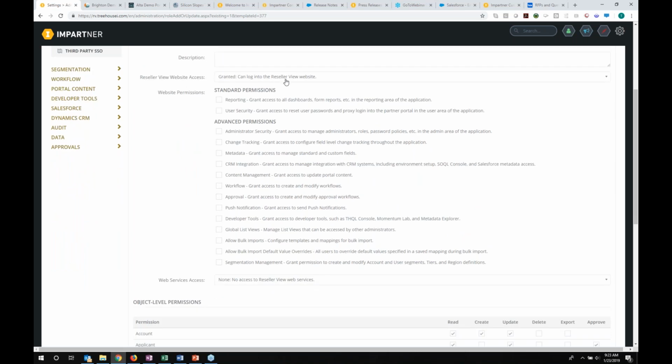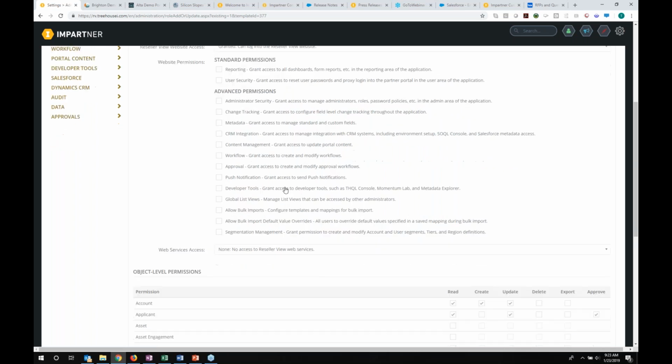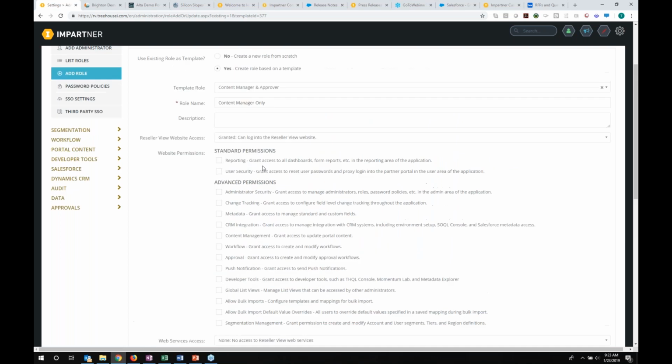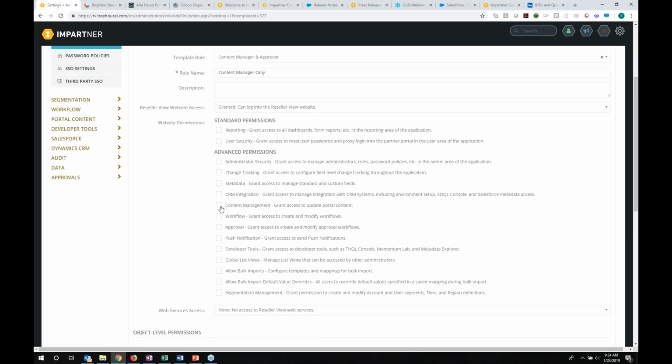So it is possible to set up an admin, but not give them access to this entire website. That would be applicable if they were just a partner application approver, because you can do approvals through emails and specialized links through those email alerts, and it logs them into a special view that isn't actually this full Reseller View website. All right, and so I will say, yes, I want to give them permission, and because they need